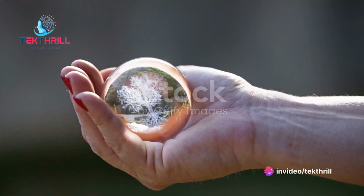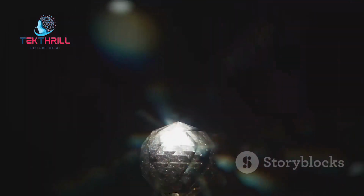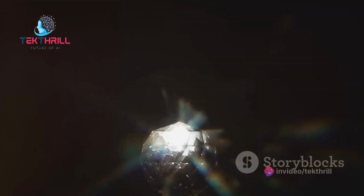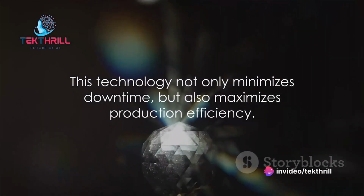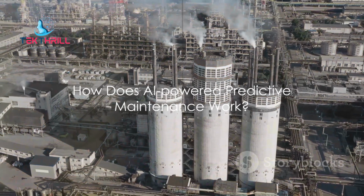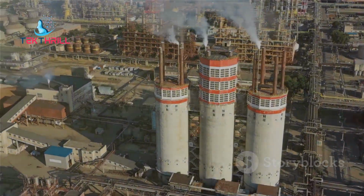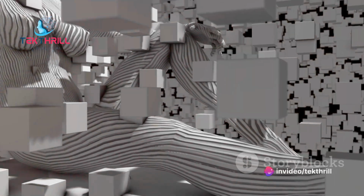AI-powered predictive maintenance is like having a crystal ball that allows us to see into the future of our equipment's performance, making it possible to address potential issues before they cause costly downtime. This technology not only minimizes downtime, but also maximizes production efficiency. Now let's dive deeper into how AI-powered predictive maintenance works. At its core, this system is a virtual sentinel tirelessly gathering data from a host